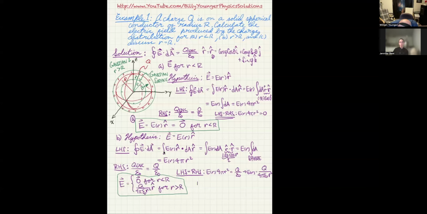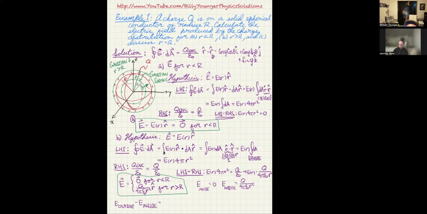We can see E inside is basically just going to be 0, and E immediately outside is just going to be Q over 4 pi epsilon naught R squared. So if we do E outside minus E inside,